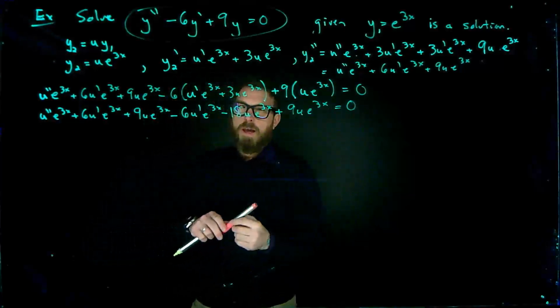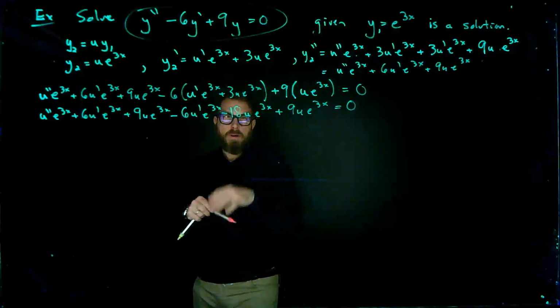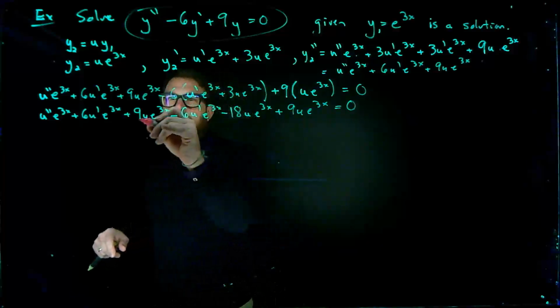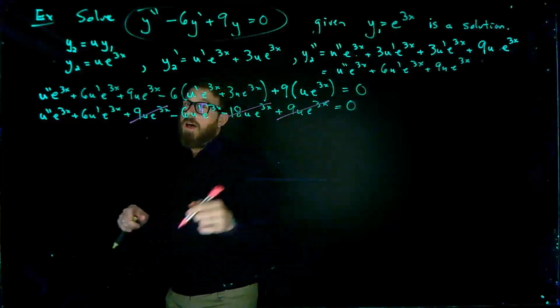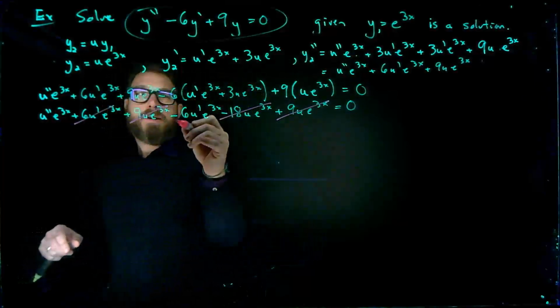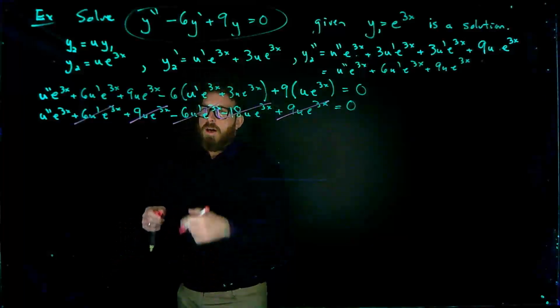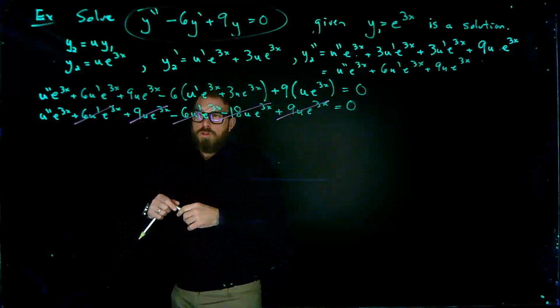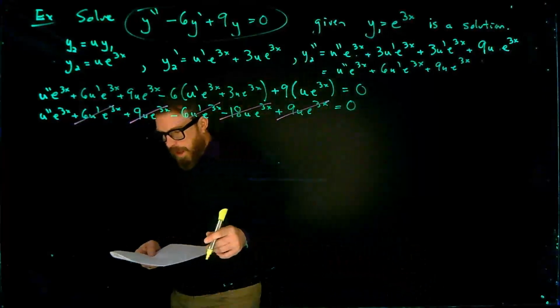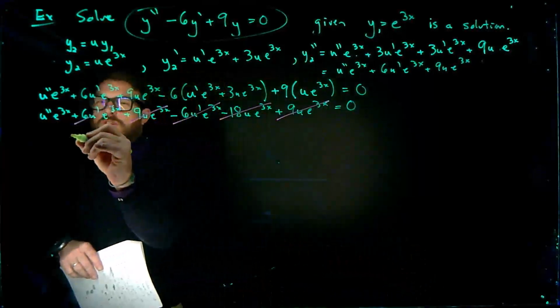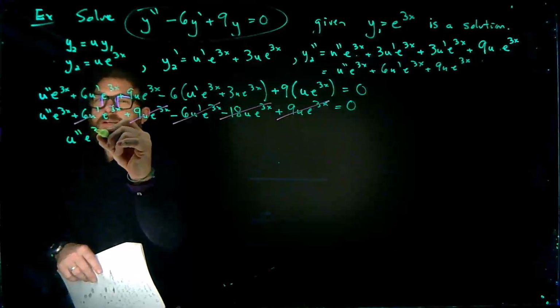So let's see what we have. Here we go. I actually got some stuff. I got a 9 plus another 9 minus an 18. That is gone. Hey, look, I got a 6u prime and a negative 6u prime e to the 3x. That's gone. Oh, shoot. That's a lot of things that disappeared. That's okay. So what we have now is that this is just u double prime e to the 3x